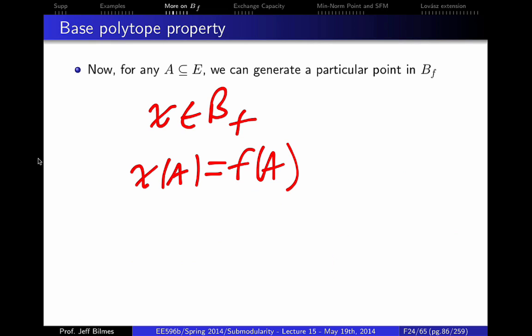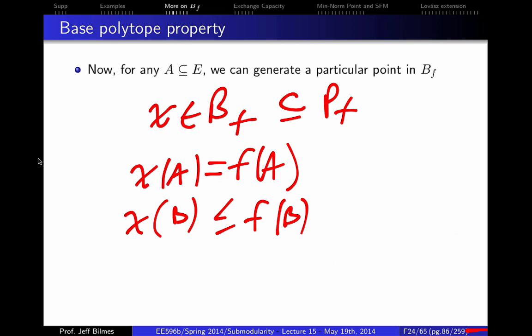Now, why would we care about such a point? Because since x is in the base, we have that x of B is less than or equal to f of B. So what does this mean? It means that we have essentially a modular lower bound that's tight at a particular point A, just by generating points inside of the polytope. So think of what this is. This is like a subgradient,